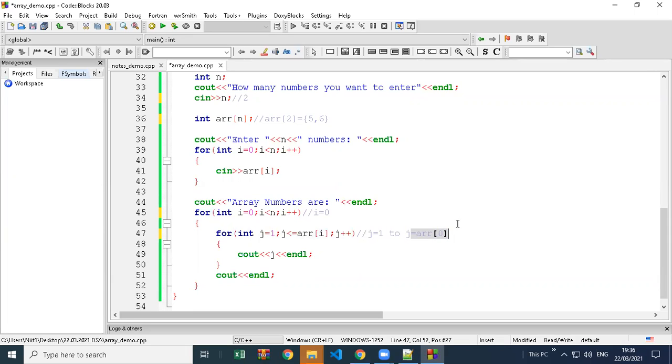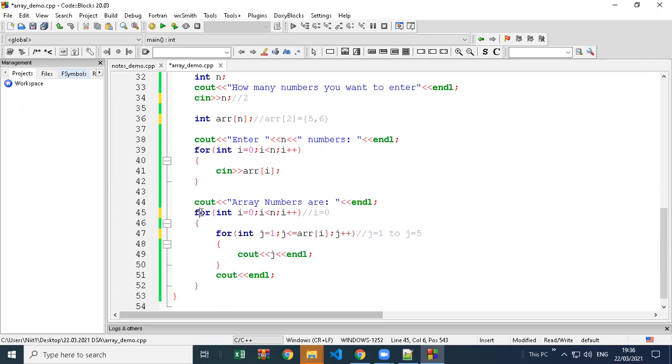So what is ARR of 0? ARR 0 is 5. So in short, your J variable here is going to start from 1 till the array's 0th element, the first element 5. So it will print 1 to 5. This loop will repeat 1, 2, 3, 4, 5.